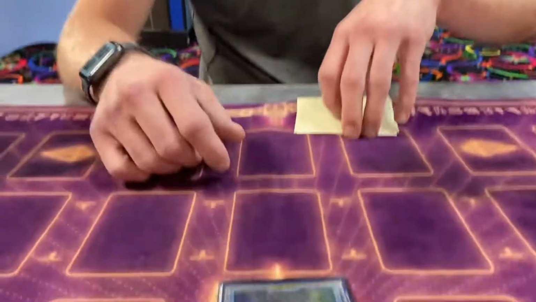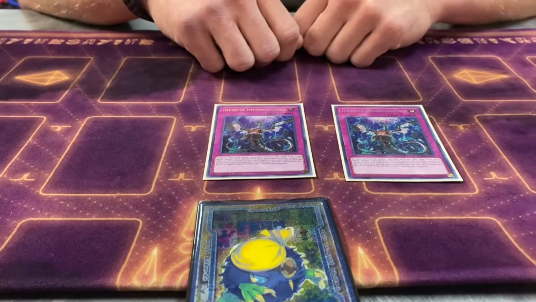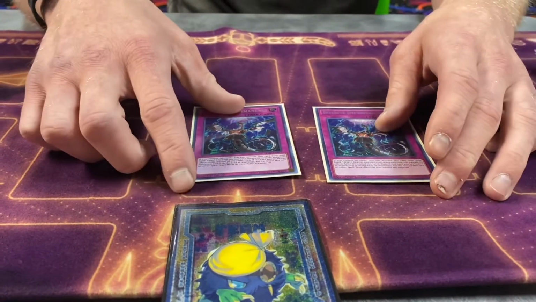Just so you know, we did have an ABC running around our locals. And then the last 2 cards in the main deck, I played 2 Imperm. How'd you feel about Imperm? For locals, it's pretty good. Honestly,